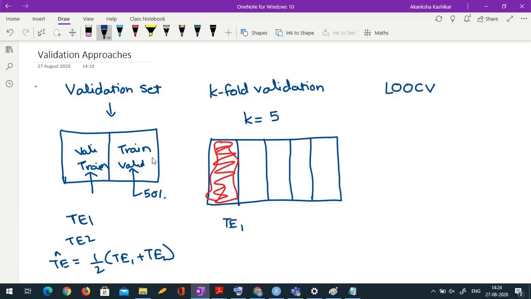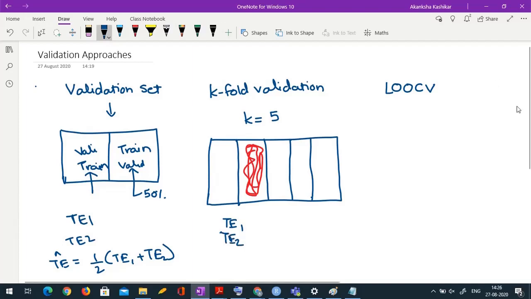Then in the next iteration, I will keep the second part as my test data, I will fit the model on the other 4 parts of the data, and I'll get the second estimate of the test error, which I denote by T2. So I repeat this procedure 5 times.